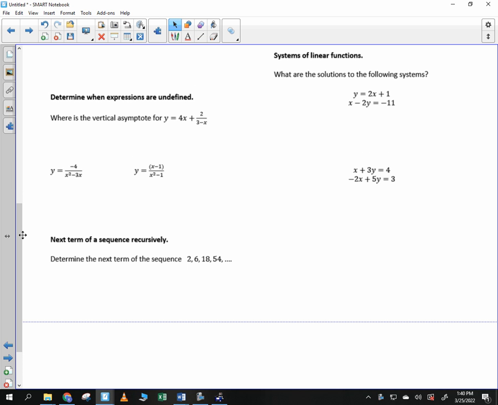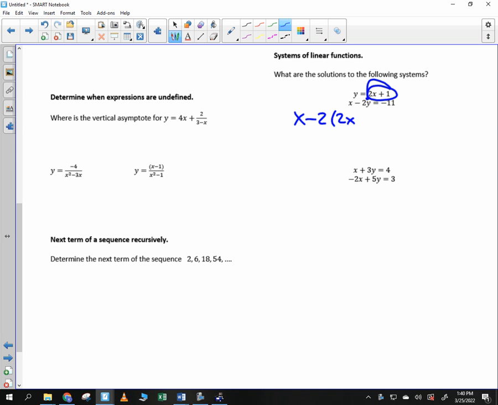Okay. Solving linear systems. We might not finish this today. Solving linear systems. Do you remember how to solve systems? I don't remember substitution. Substitution, that's what you do right here. It says y is equal, so we dump it in for y. No, that's substitution the other way. Okay. x minus 2 times 2x plus 1 is equal to negative 11. So you take what y is and you dump it in. And we get x minus